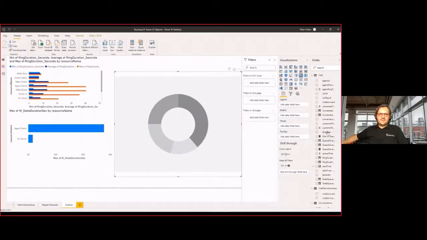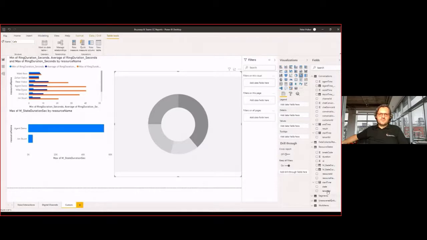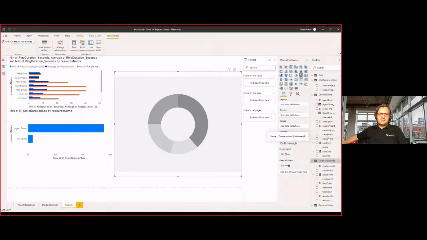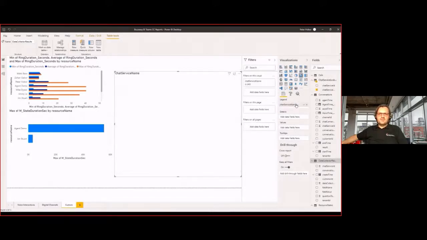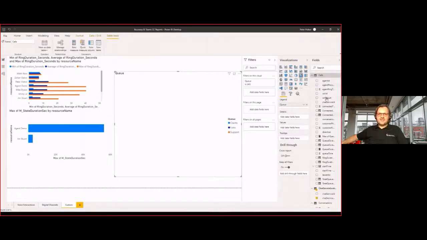And let's just, for example, have one with the name of the queues, so you can see that all the information that is available throughout our reporting service is available here. We have OData Open API available that you can use to get your data presented.